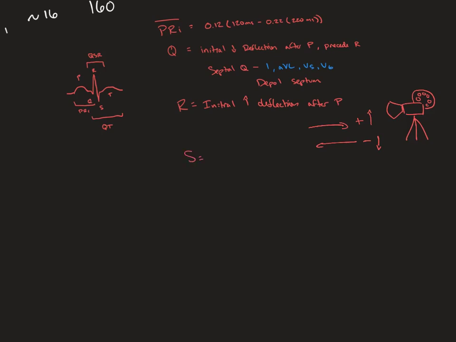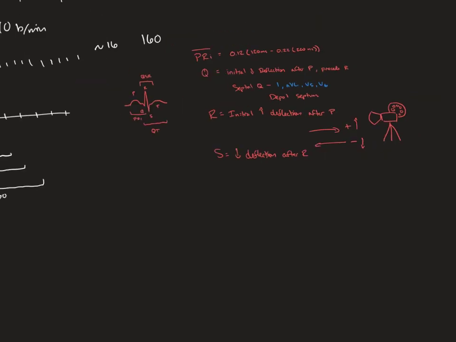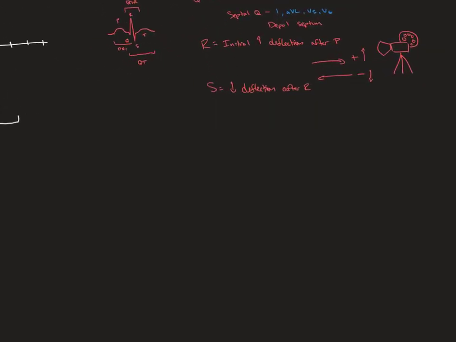S wave. The S wave is the initial negative deflection after the R, right? So you could have an RS, you could have a QRS, you could have a QR. Some of these are not present in some people, depending on what's going on. And then the T wave,